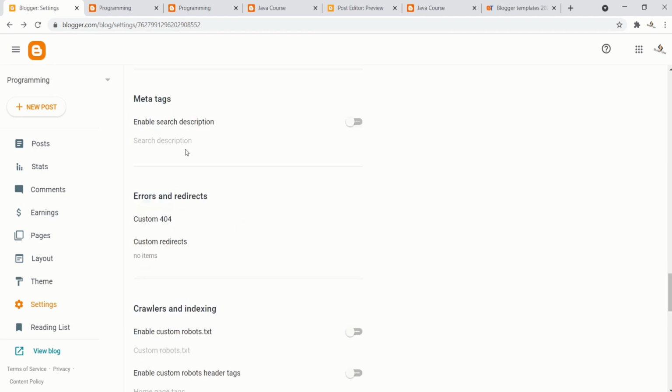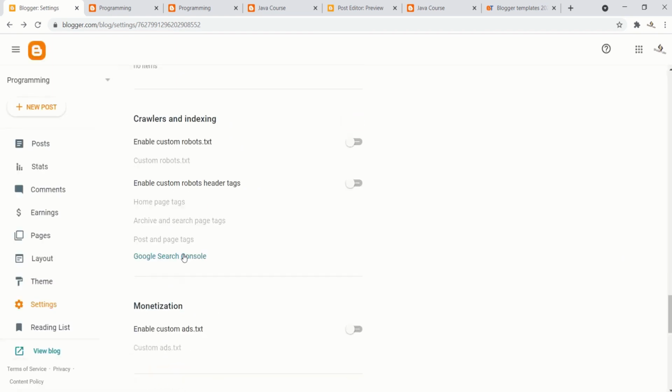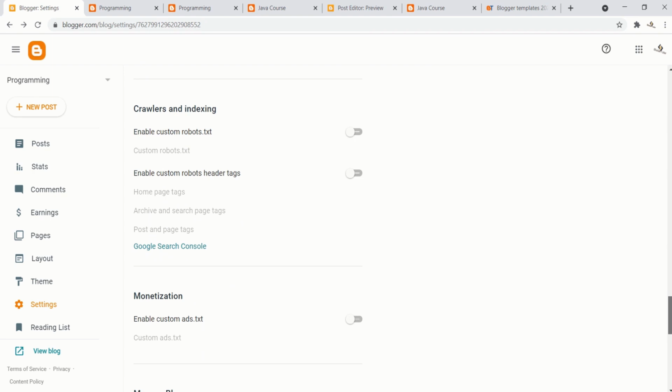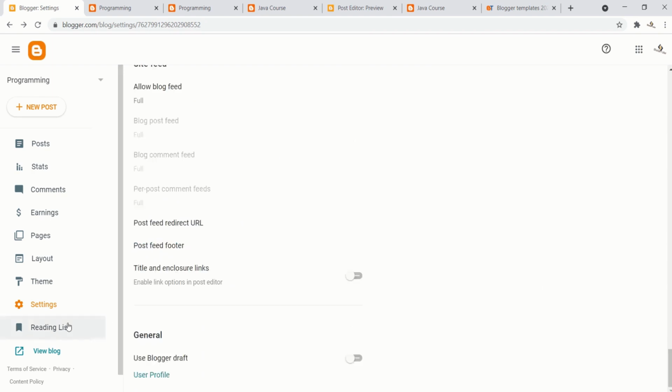This is meta tags. The meta tags is important for the search engine to find your website. So you can add your meta tags here. So you can go through these. In this video, I won't go through the reading list. Let's open the layout